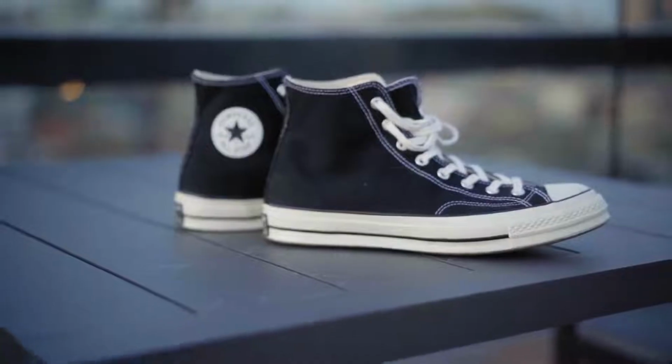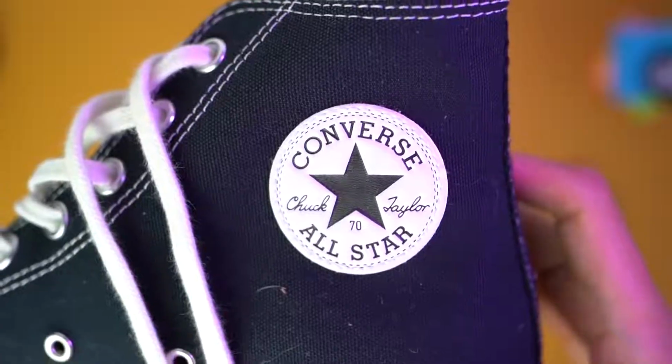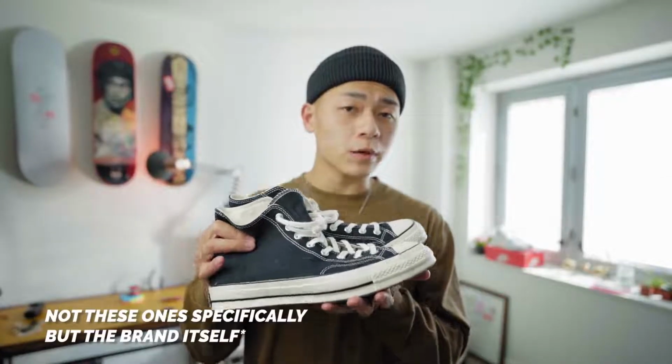Converses are a classic, having been around for over a century, and even became the first official American basketball sneaker. A ton of celebrities have rocked these, and